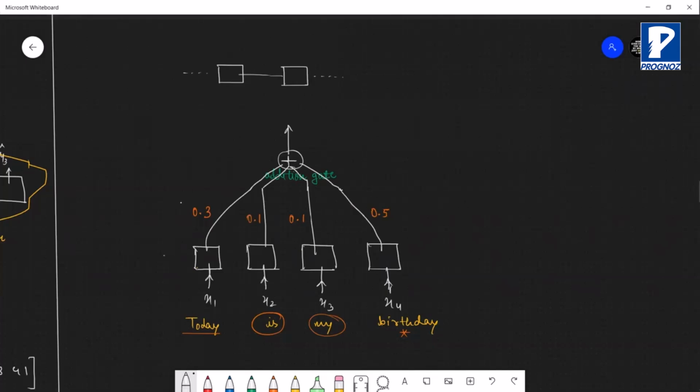Here also, it's not that you will only have 4 encoders. You can have many, depending on the text. And they are interconnected like this. Here also they are interconnected. So this will be passed. Just a second, I'll draw it again. Fine. So this will be passed here in the decoder section.